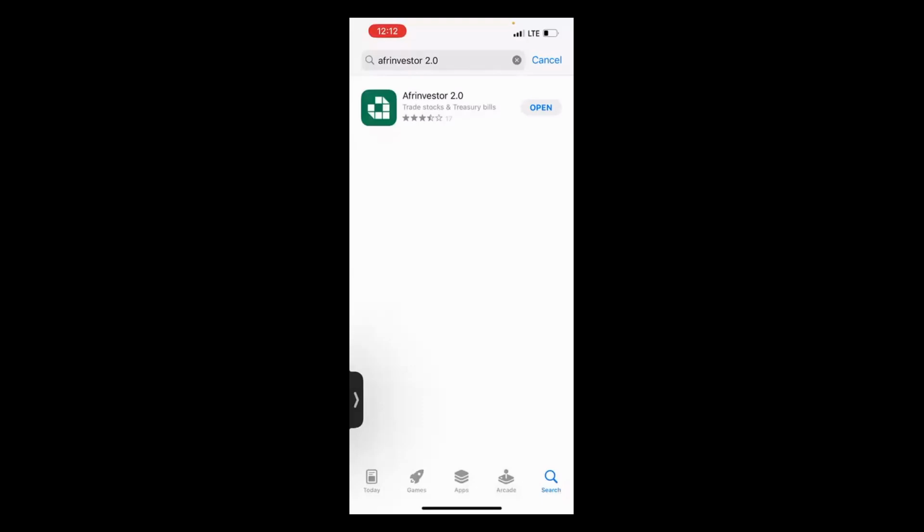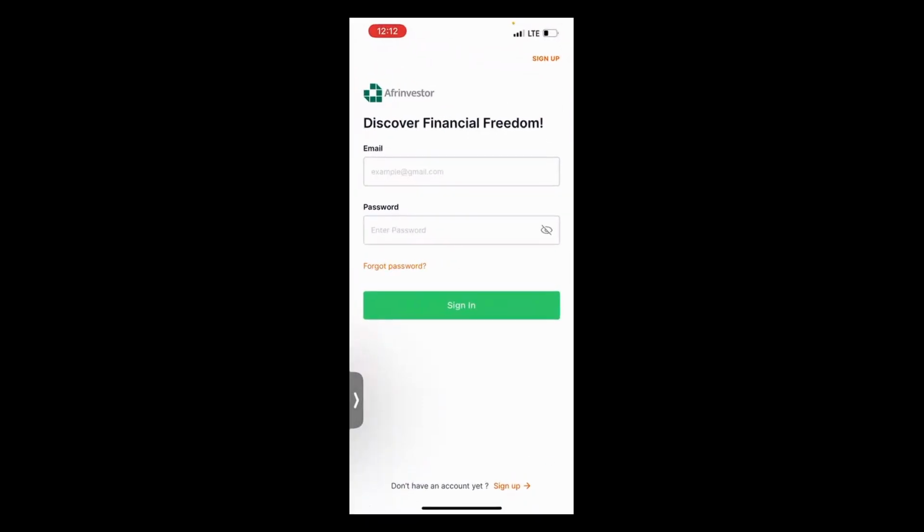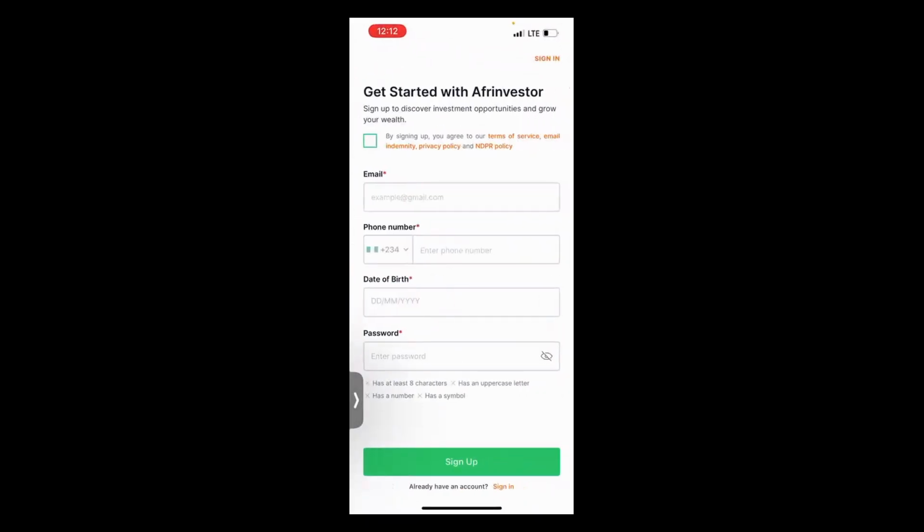So please note the logo and note the name. It's Afrinvestor 2.0. So please note that it's very, very important. Once you download it, all you need to do is click on open. Once you download it, it brings you to this